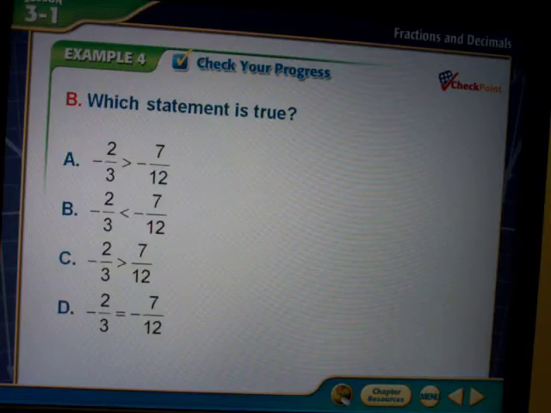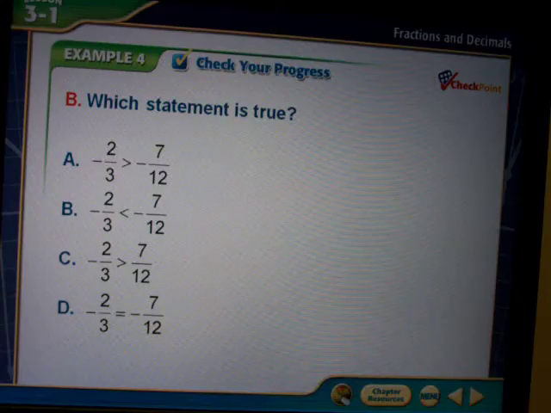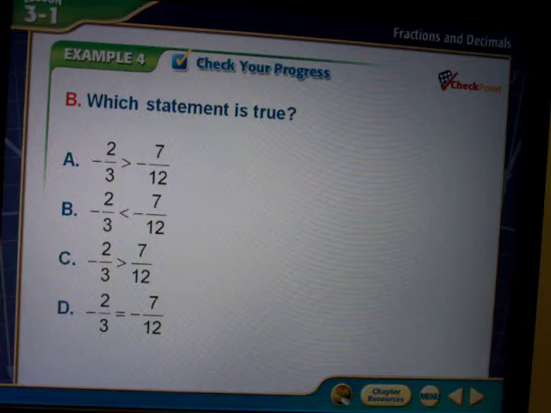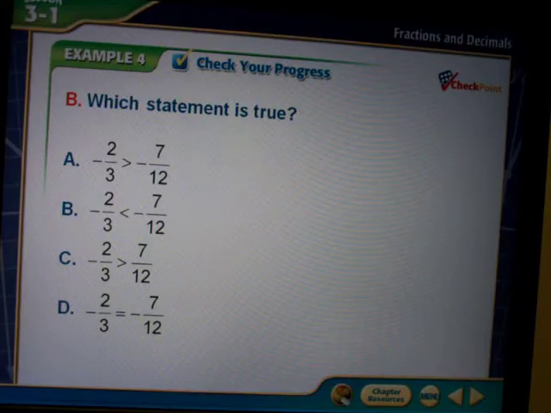Alright, so now, which of these 4 statements is true? Is it A, B, C, or D? Remember, you can pause the video and take time to figure out which one. And this is the benefit here of knowing some of your fractions, having your fraction decimal equivalents memorized. I already know in my head what 2/3 is, so I don't have to go through and solve that one, but I don't know 7/12 off the top of my head, so I only have to solve for one. And your answer is